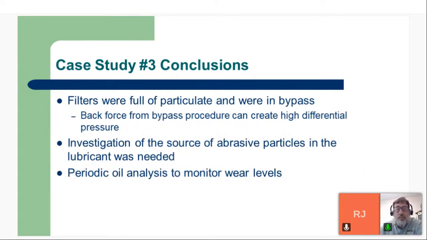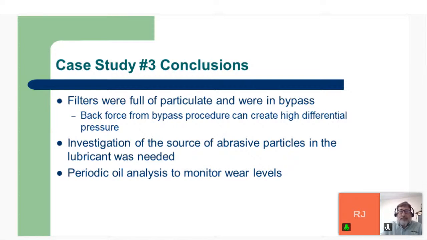Yes. And so our conclusions from that case study: it's good to talk it through though. The filters were full of particulate, and that was causing the system to go into bypass. And the back force from the bypass procedure created the high differential pressure that Rich was talking about, and then that was causing the filters to get a blowout condition, and then that was making them definitely of no help for anybody. The investigation of the source of the abrasive particles in the lubricant was needed,